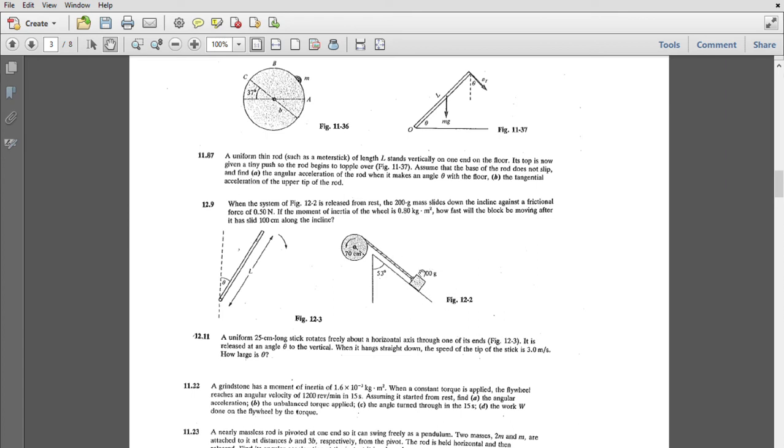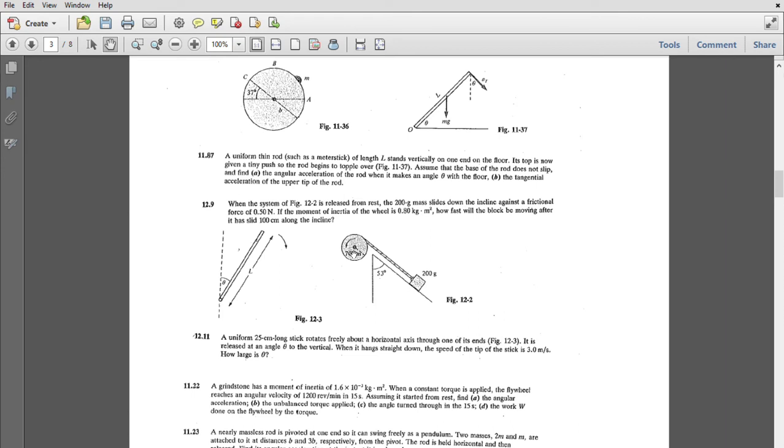So I would change this to 0.2 kilograms, let's change everything to SI units just to be cautious there. How fast will the block be moving after it has slid 100 centimeters? So we've got the moment of inertia of the wheel. So what we're going to do is